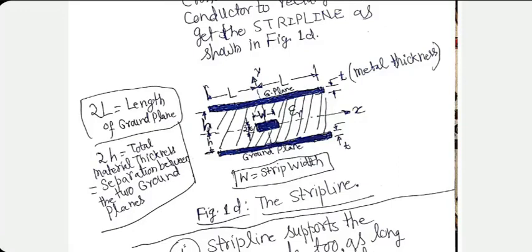That is called design. The other approach is that you are given W, H and epsilon R and you figure out Z naught. That is called analysis. Given a situation, try to figure out its performance. That is analysis. You create something out of nowhere, that is called design. That is a general principle in engineering. Designing means out of nothing, you are designing something. Analysis means you are given something, you are trying to figure out how it will behave.